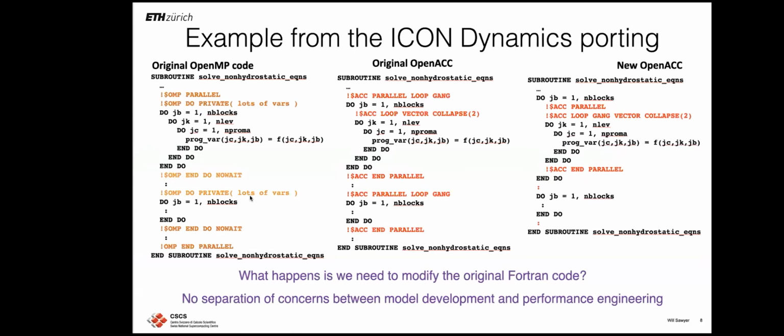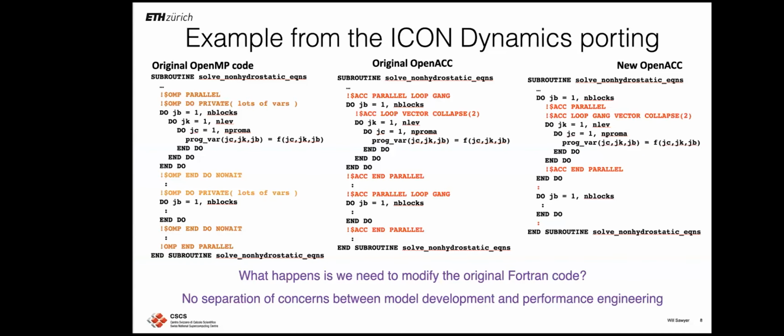The first one is, when you look at OpenMP and OpenACC implementations, you do have to change OpenACC compared to OpenMP, so you do the performance porting in these directives. And the question is, of course, when you do this, what happens if you start changing the original code? And this is what led us to fail in the first HDCP2 funded project: if the original code changes too fast, it's very hard to keep up with the performance optimization.